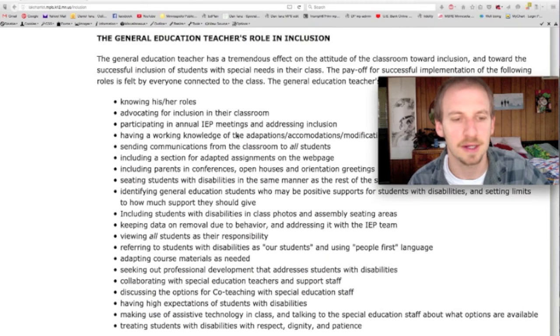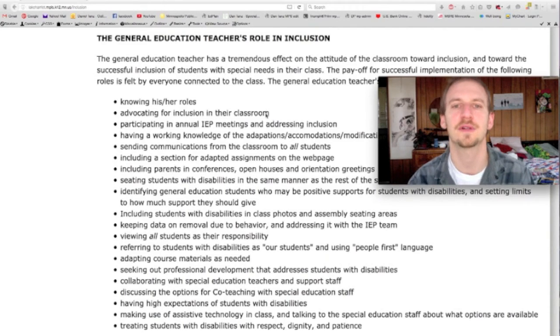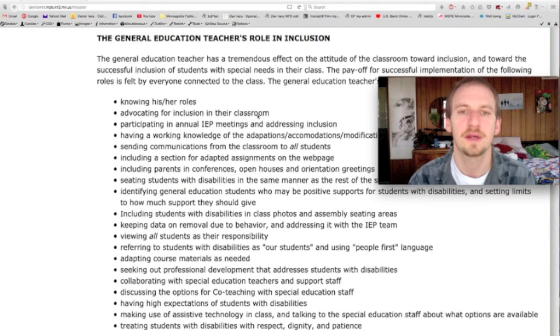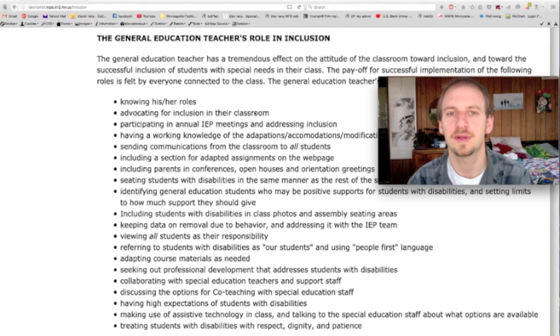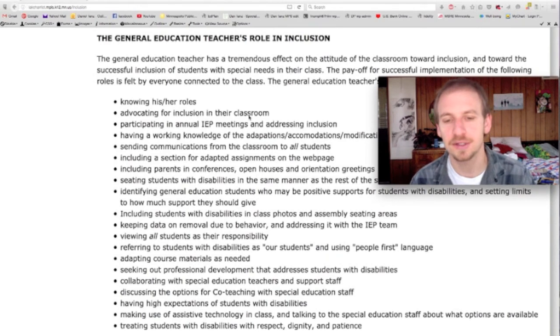And treating students with disabilities with respect, dignity, and patience. I know everybody does that, but it's a reminder that even when your patience is tried, don't just jump to the last resort, which is no. Remember, because everybody's paying attention to you, you're the leader of the classroom.